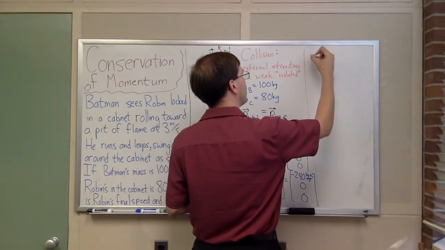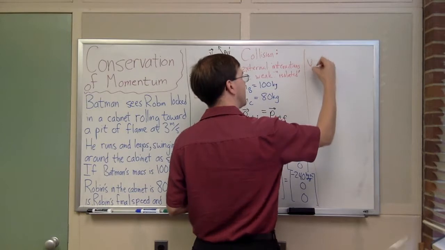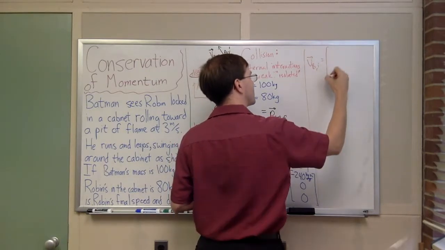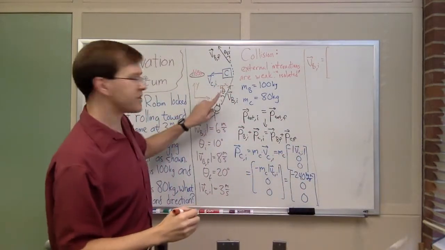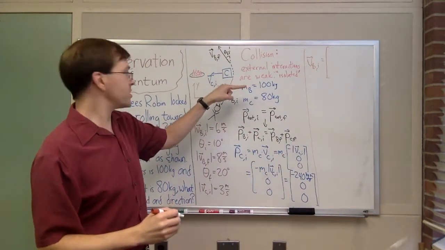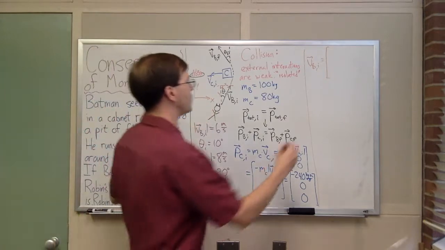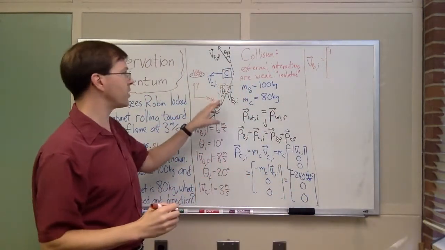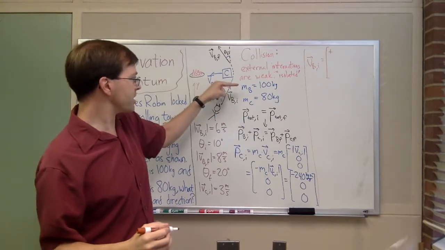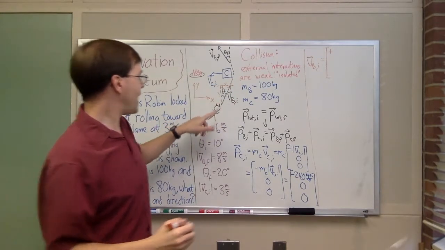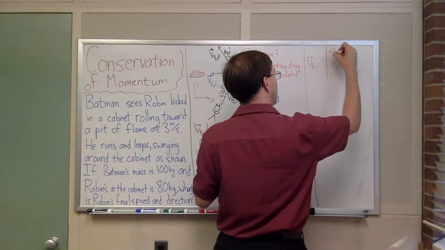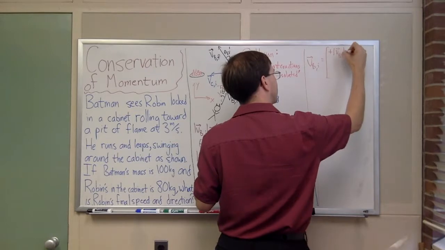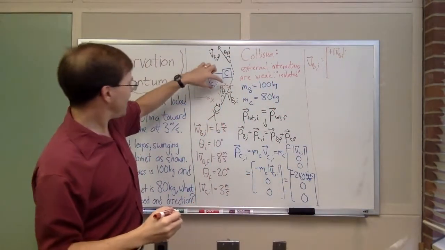I can write down that the velocity of Batman initially is, okay, let's look at what these components are. The x component of this vector is in the positive x direction. It's moving that way. When I'm doing this, I like to be careful about the plus and minus signs. I've drawn my right triangle. I've said this is the x component in the plus direction. The magnitude, the hypotenuse, is Batman's initial speed, v Batman initial magnitude, times,